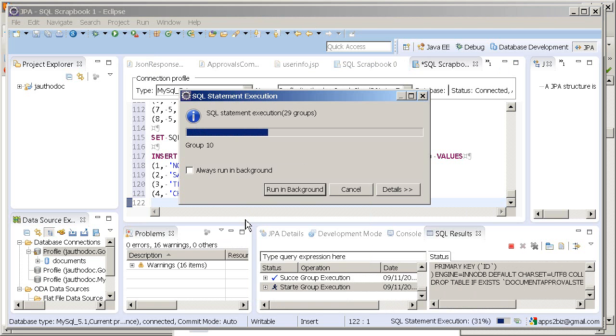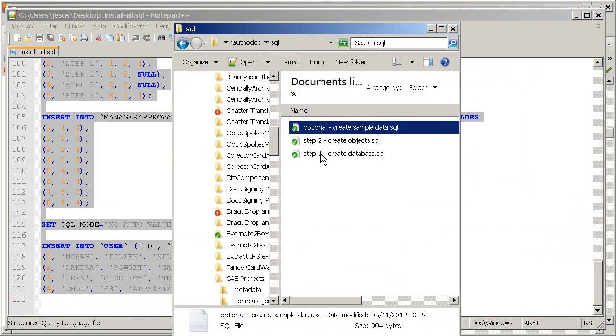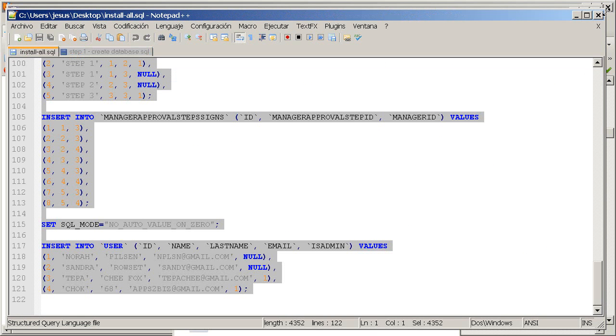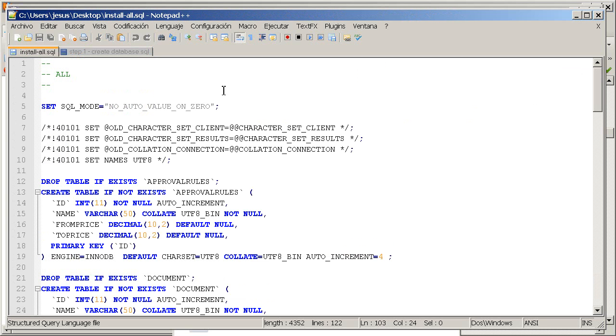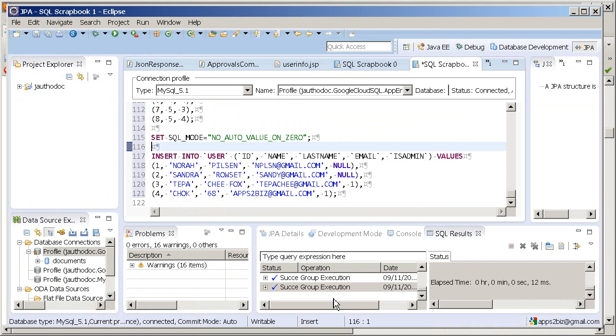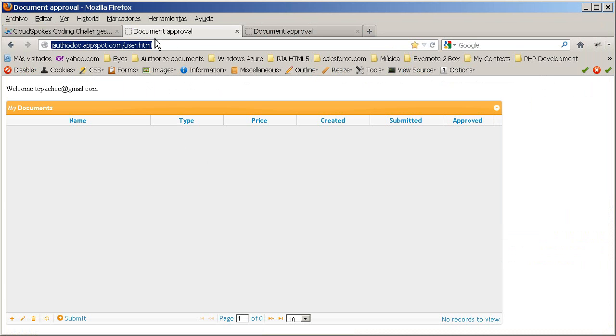I have already created the database, so this is the statement that I've used to create the database. I did not include that in the script because the database was already created, so it's not necessary to do that again. Well, it seems that all the script lines are executed successfully,